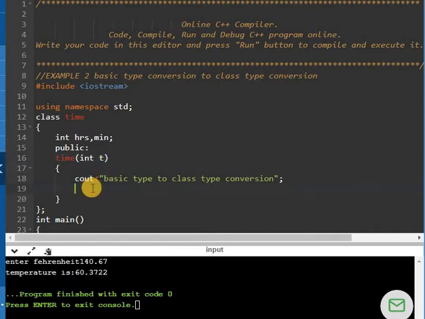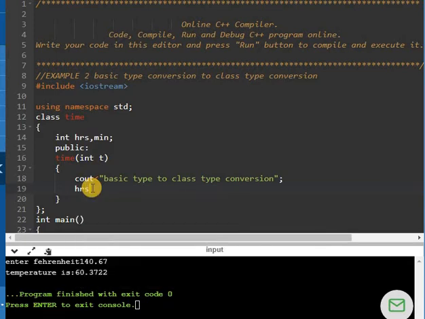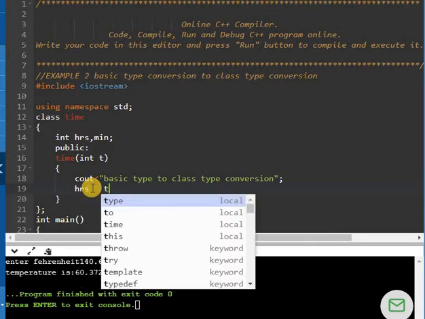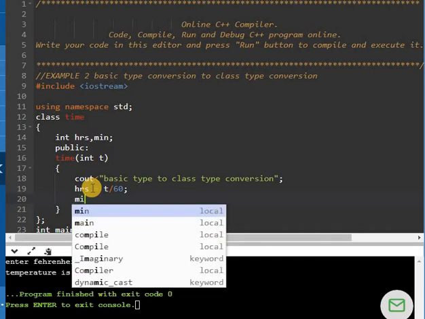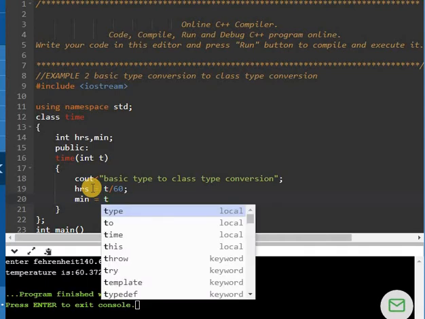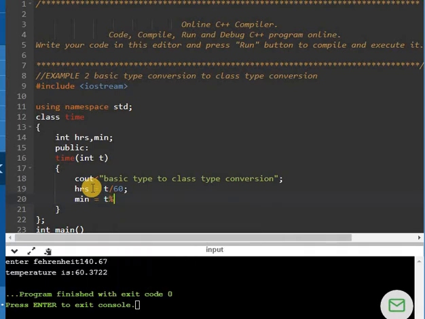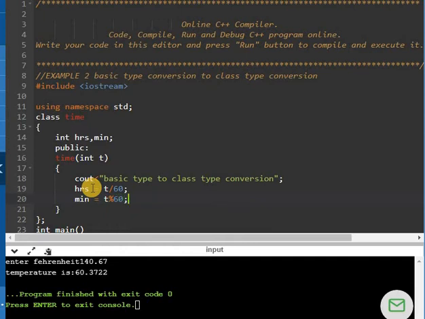So I have to write the code here to extract the hours. I will do that by dividing it by 60. By doing so I'll get the hours from this t, and to calculate the minutes I will just take the remainder of the division which we did for extracting the hours. Okay, so this is the conversion constructor.